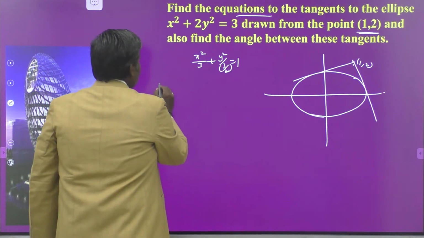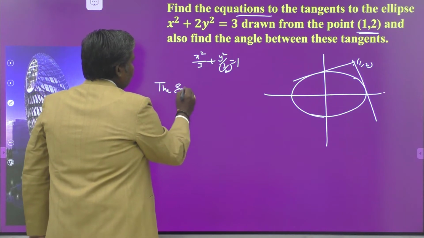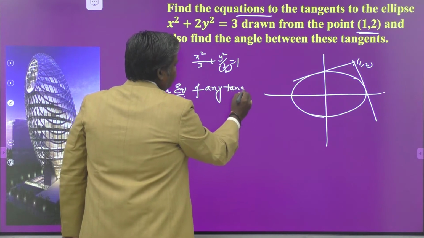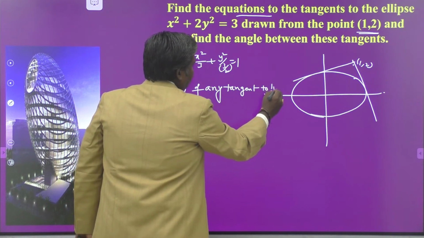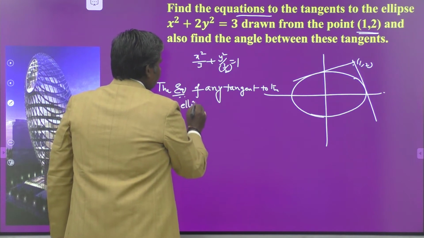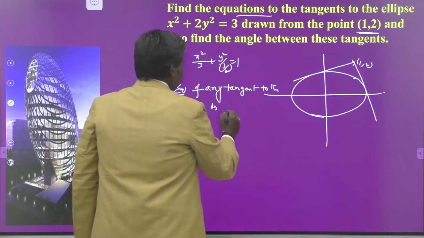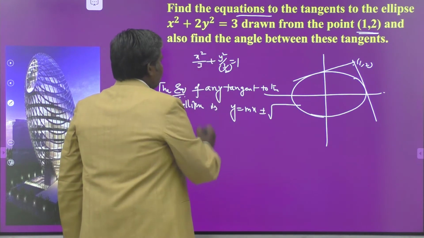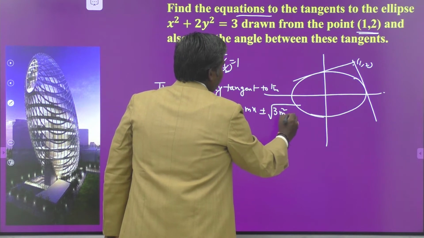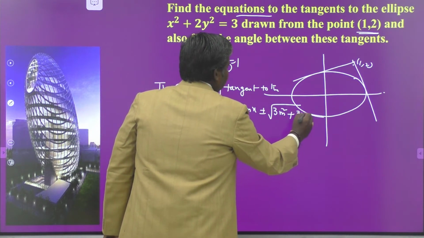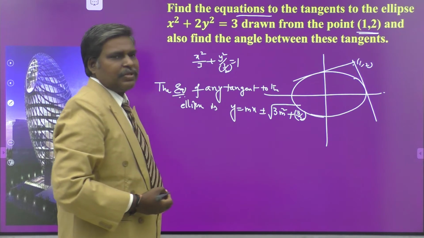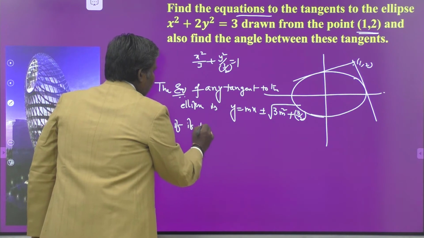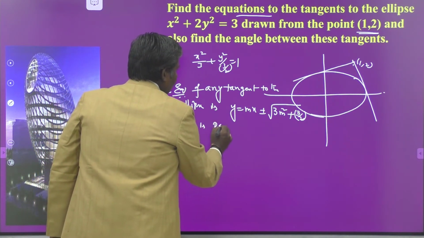The equation of any tangent to the ellipse is y = mx ± √(a²m² + b²), which here is √(3m² + 3/2). If it is passing through (1, 2),